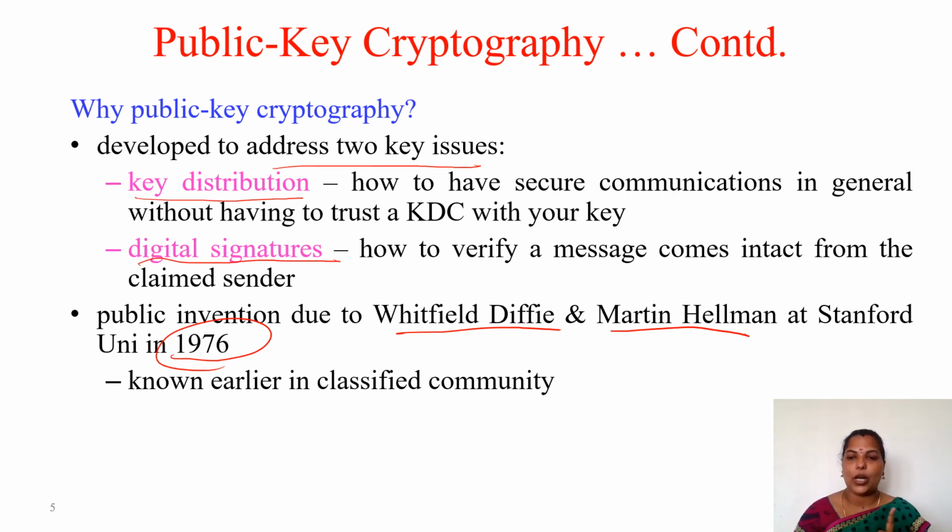Asymmetric, both parties are not equal. I am performing the encryption process, but I am unable to perform the decryption process. Why am I unable to perform decryption? Because I do not have the key. Only the receiver has the key. So both parties are asymmetric, both are not the same. So in order to solve this key distribution problem, this public key cryptography